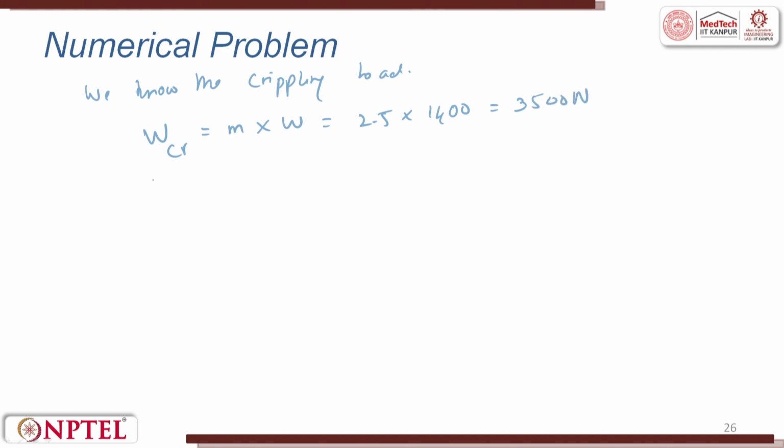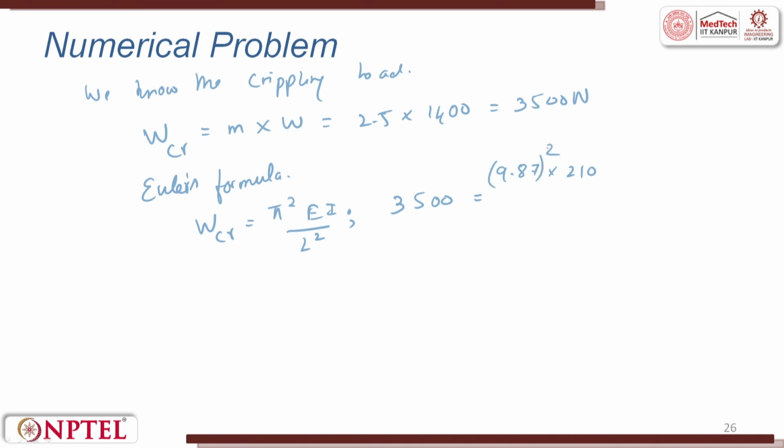So, according to Euler's formula, WCR equals pi square EI by L square, which is nothing but 3500 equal to 9.87 into E, into 210 into 10 to the power 3 into 0.07 d4 by